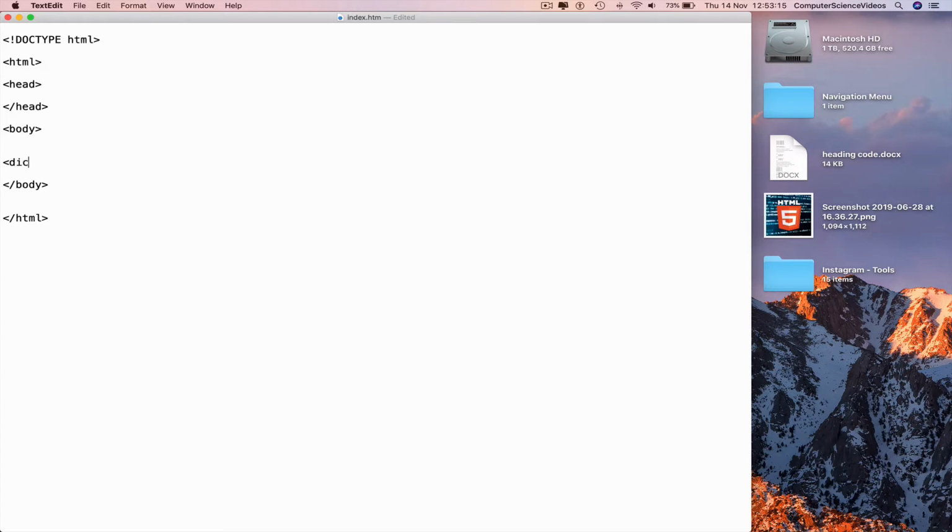Less than div class equals speech marks top nav greater than, go to a new line, indent, less than a class equals speech marks active href equals speech marks hashtag home greater than home, less than /a greater than, go to a new line, indent, less than a href equals speech marks hashtag news greater than news, less than /a greater than, go to a new line again, and take the previous line